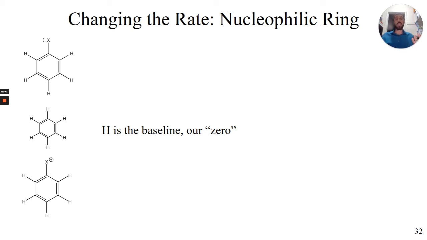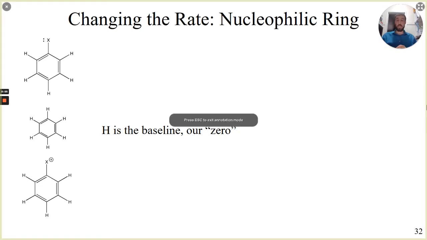Okay? But we can kind of cheat a little bit, and we can use resonance to our advantage to help us predict something about that reactivity. Okay, so we've got three examples here. Benzene is going to be our 0 point. That means it's right in the middle. It's our baseline. So if we make a substitution on that structure, we're going to replace one of the hydrogens,